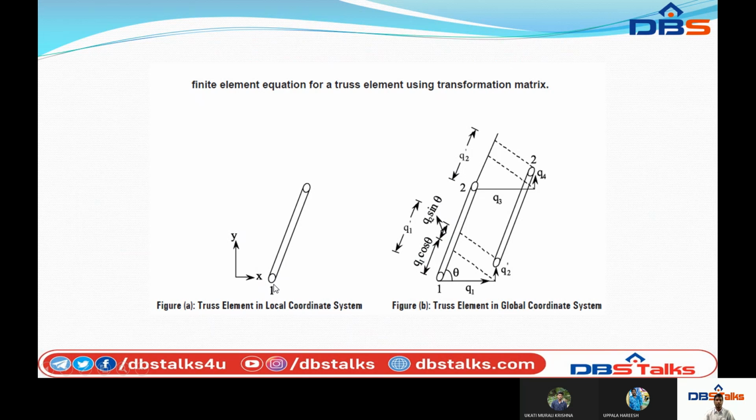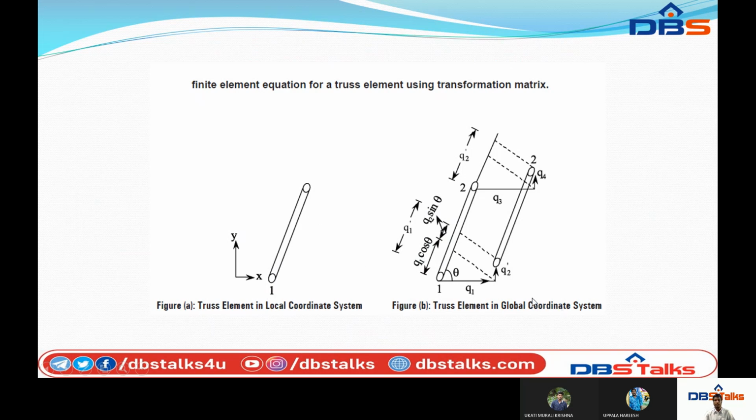Why are we using a local coordinate system? Because this type of local coordinate system is used to minimize the computational effort while calculating the global stiffness matrix and displacement vectors. In this, I am showing two nodes. Node 1 has the origin 0, 0, and node 2. The x axis runs along the element from node 1 to 2. We are specifying the local coordinate system by using nodes 1 to 2.